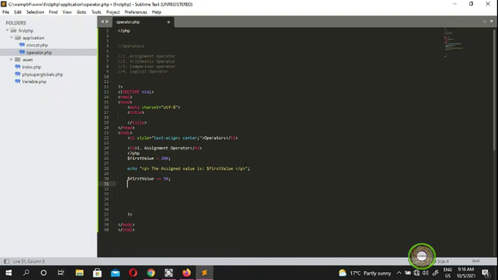Okay, and then we're gonna copy this one, because I'm a bit lazy, I don't want to write again. Okay, so the edit value